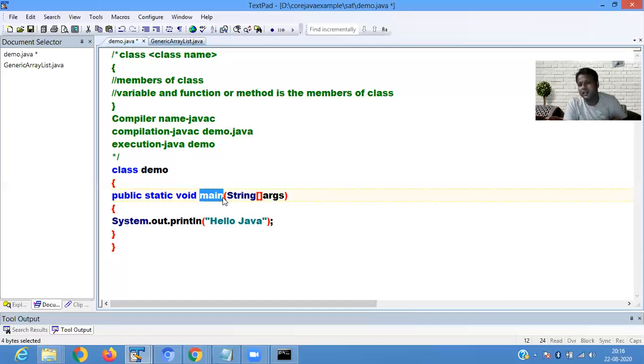So you can make a method static, so that there is no need to create a reference or object of a class. It is called directly. You see that the main method is directly called. For calling a method you normally need to create an object or a reference of the class, and through that reference you call the function. But here you have not mentioned anything.